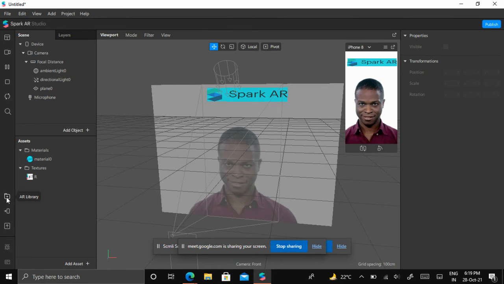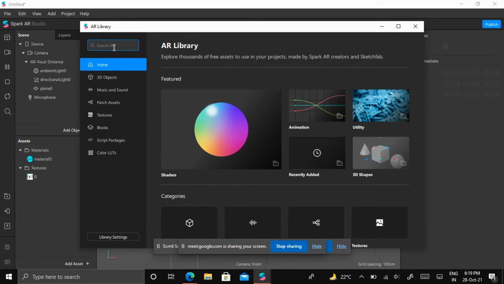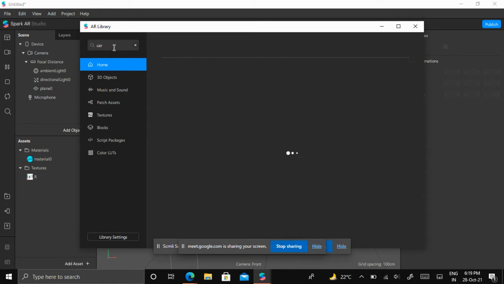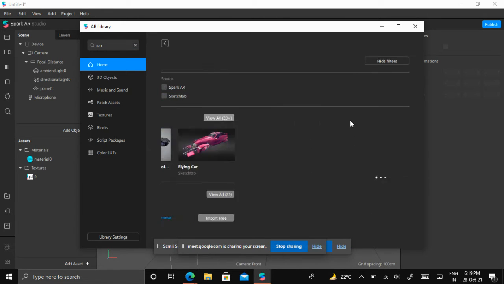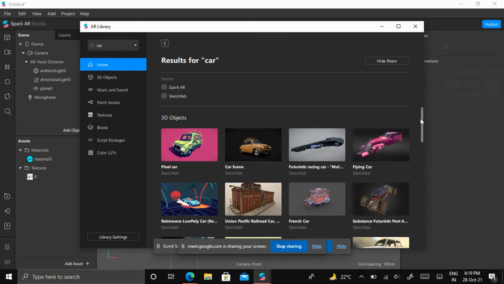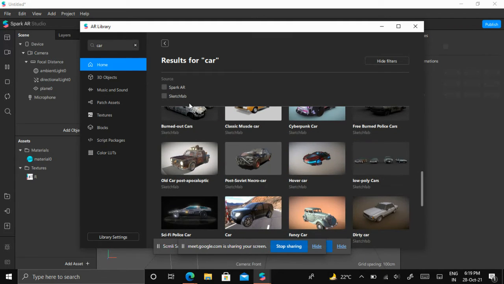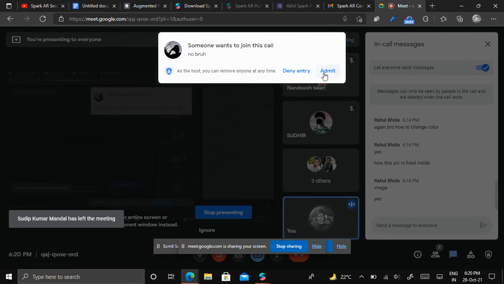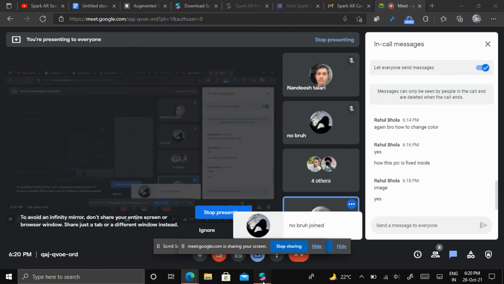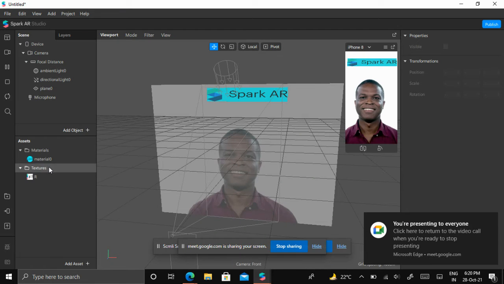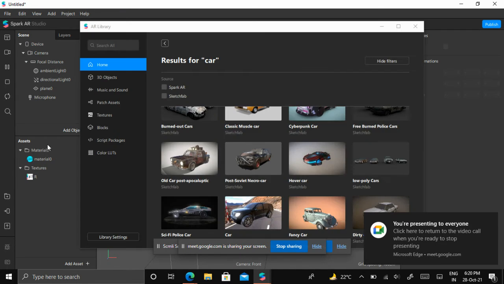Coming to the library, I want to add a candle. We can add any objects. We have cars, see, car images. We can have all these images. But this is basically a session on Diwali, so I will be adding only a candle.